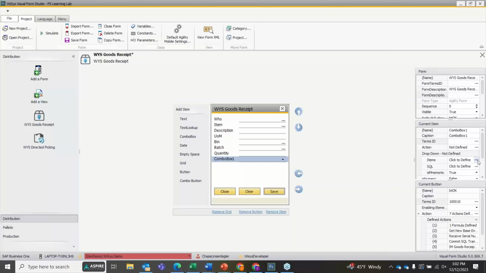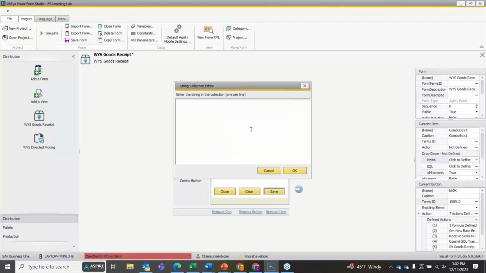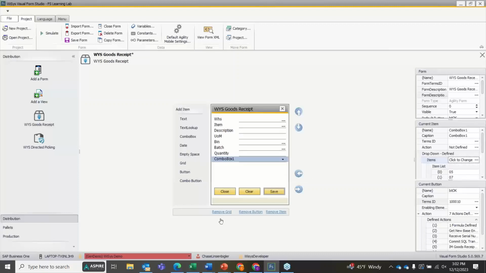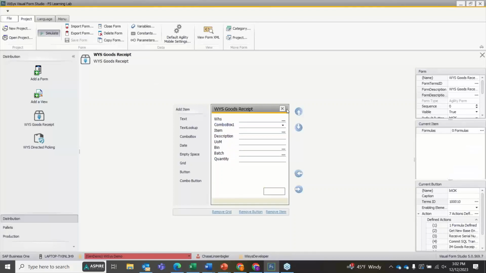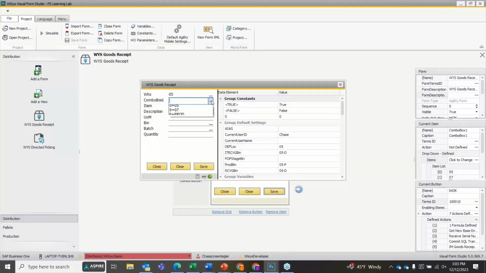Obviously, a little more goes into that. Or you could just define items here. So if I know I have 3 warehouses, I want to give them the option to pick, and it's warehouse 5, warehouse 7, and then maybe I have a production warehouse that's just called prod, right? Those are my 3 warehouses. I can enter those in. And if I move this up the screen here and simulate, you'll just see my hard-coded list there,